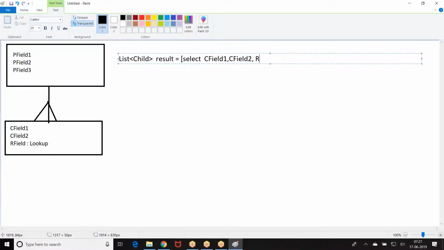Then, if this is a lookup field, the name of the lookup field dot parent field 1, the name of the lookup field dot parent field 2, from.